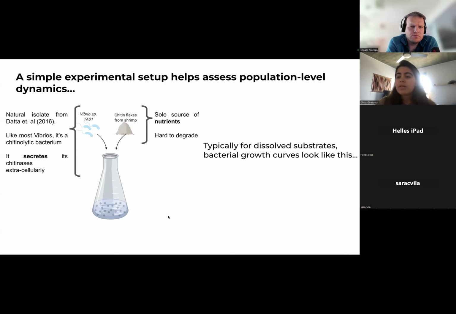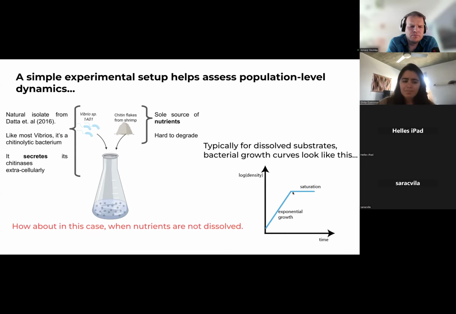So typically, when one thinks of bacterial growth on dissolved substrates, typical growth curves look something like this, where you have exponential growth, a phase of linear growth in the semi-log plot, and then the culture saturates. But in this case, when nutrients are not dissolved, they're trapped in this physical form. We weren't sure exactly what kinds of growth curves we would obtain